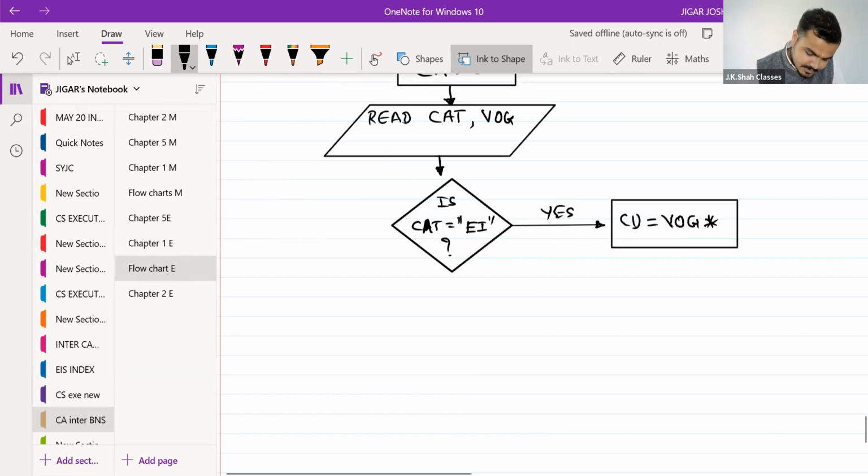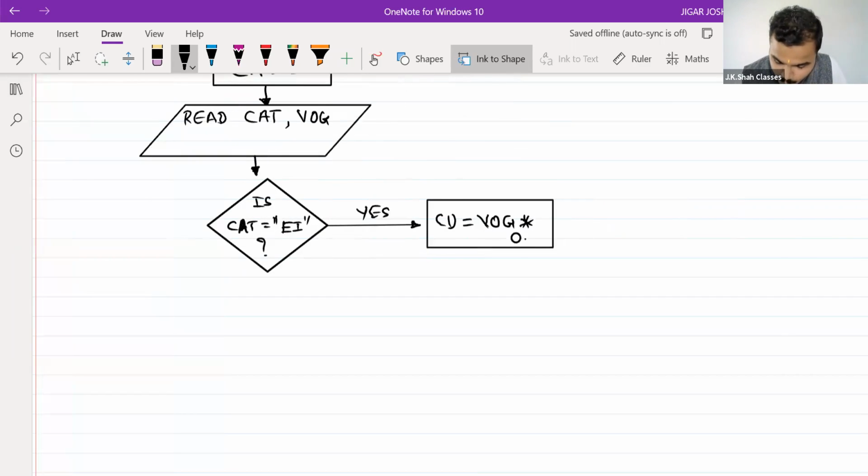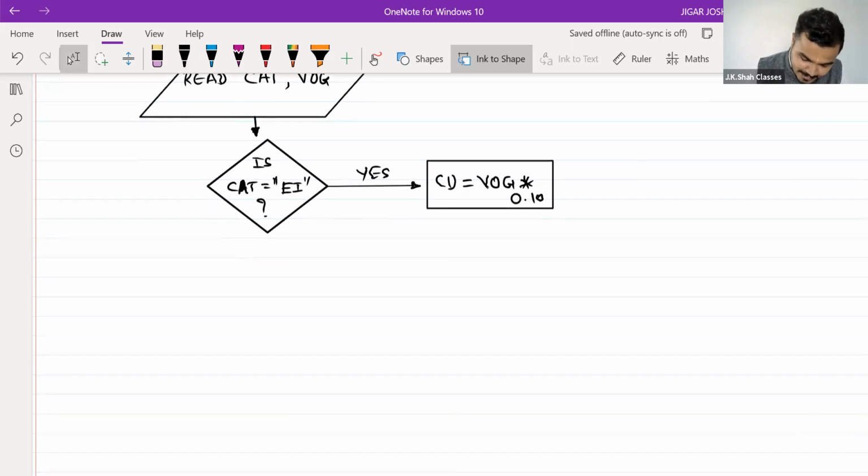So we'll directly write 0.10. Understood? So if the product category is EI, then automatically it will calculate the value of goods into 10%, so custom duty will be calculated. Suppose, if it is no,